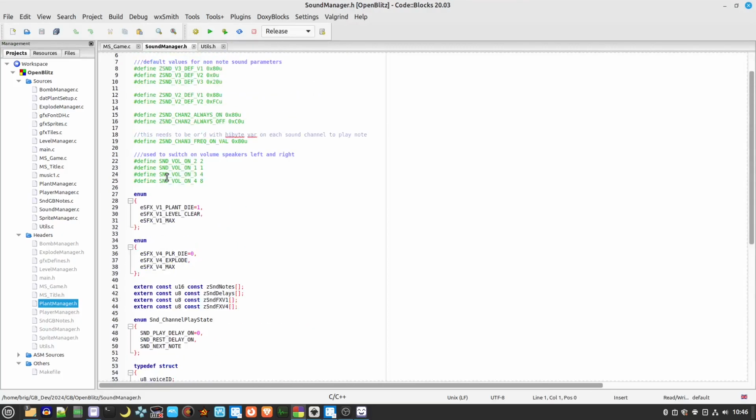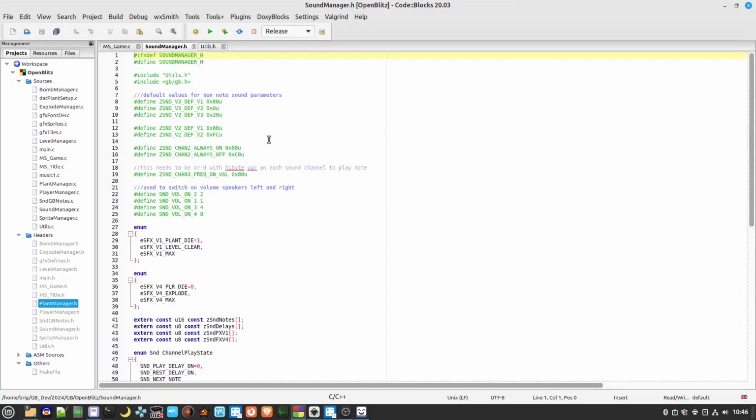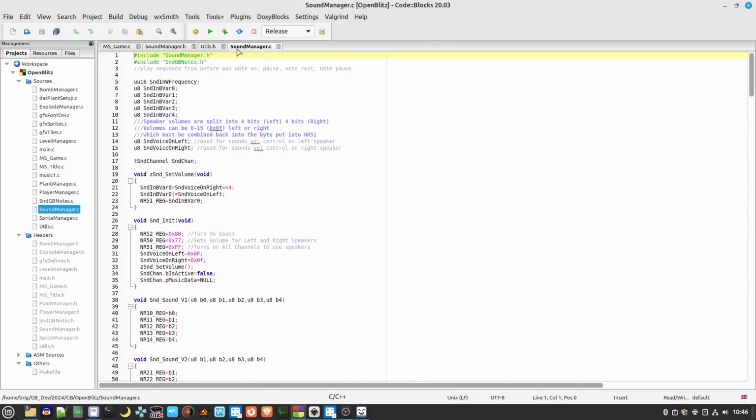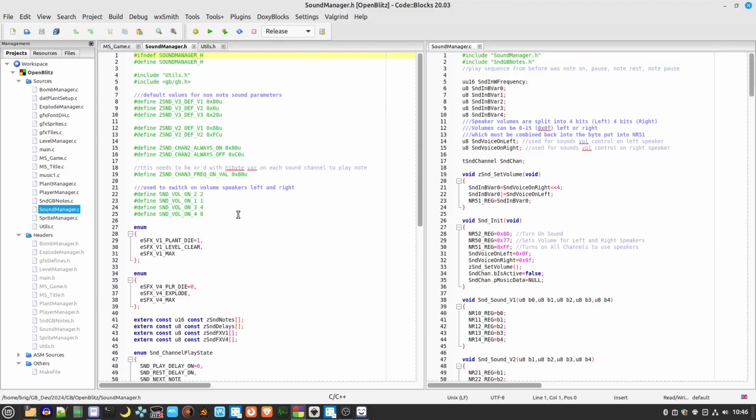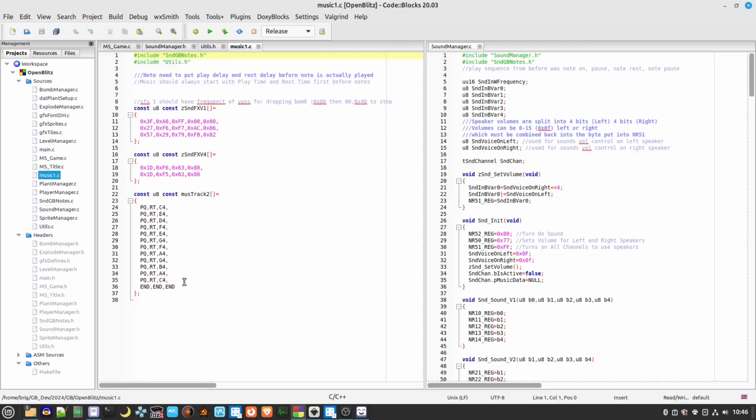The other key difference here over the Blitz version on the Master System is sound effects. We can't create the same sort of sound effects, but we can create the music the same. The same music track is there. The differences in here now